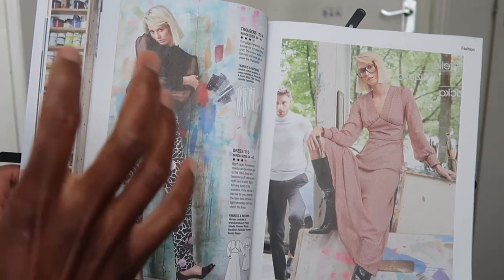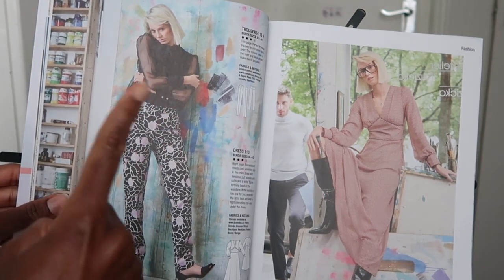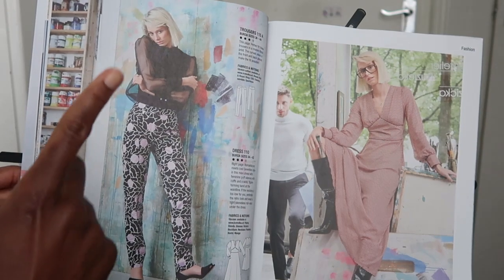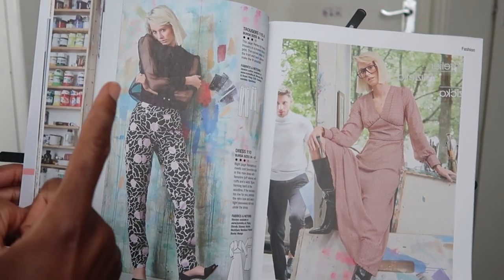So you can easily work around them to get your perfect fit. That's why I like them. And you can also use them as a block if you want to create a basic block. I think the best way to create a pants block for yourself would work with Burda style magazine pants because they don't have seam allowances, so you can